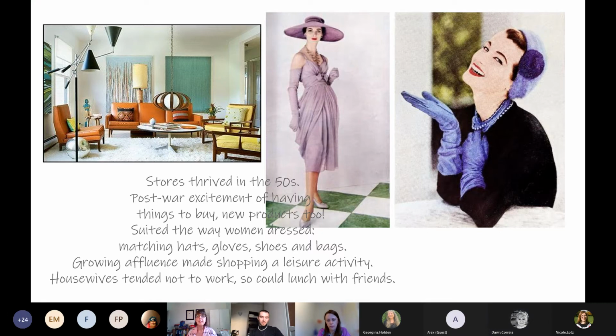In the 50s, they were certainly thriving. And this was because after the horrors of the war, by the 1950s, people started to be able to buy things again. There were a whole load of new products which had just been waiting to come out during the war years. And so women were out there buying things for the home, but also department stores suited their clothing